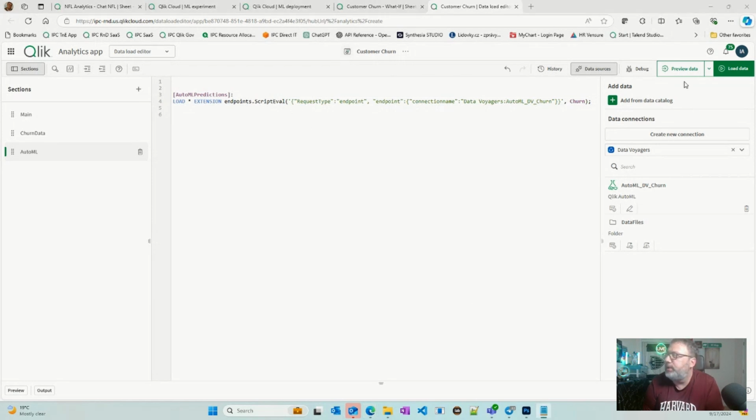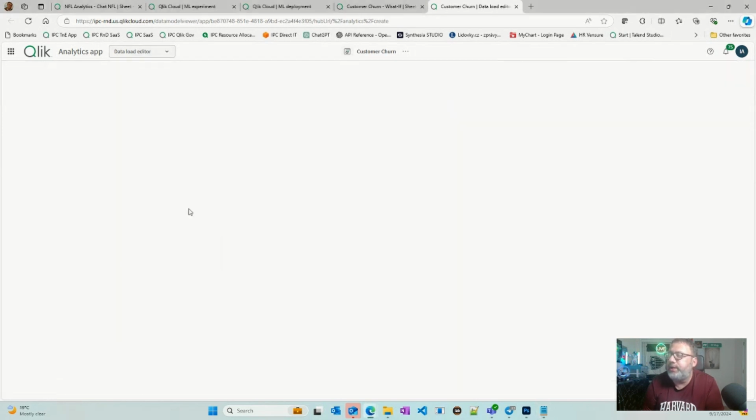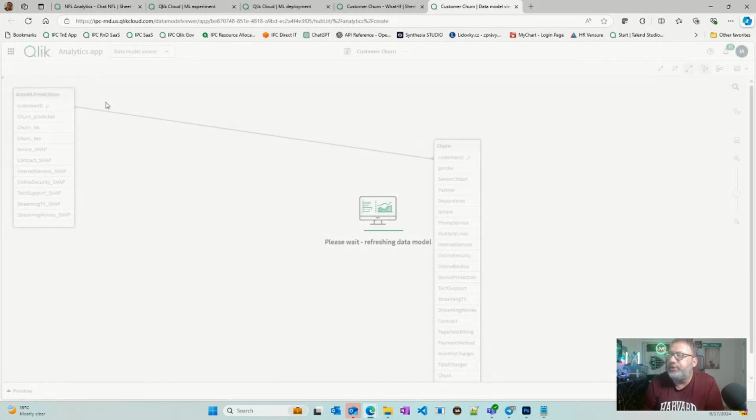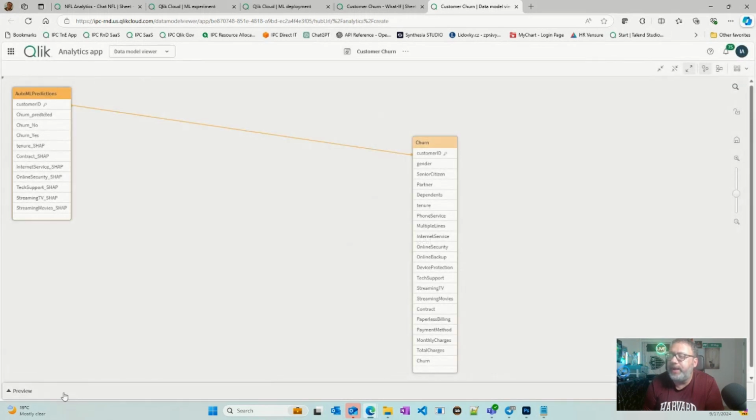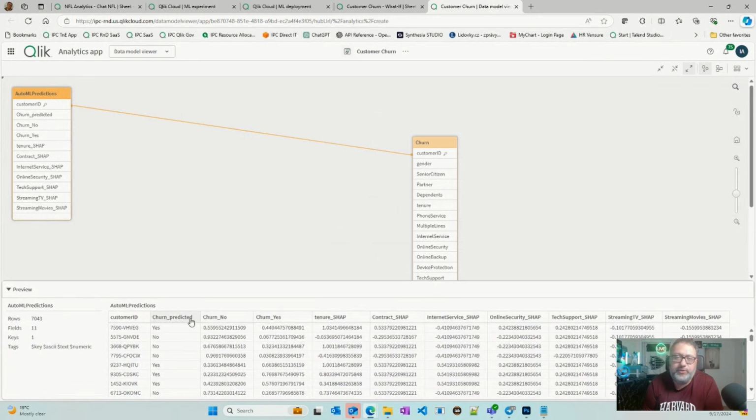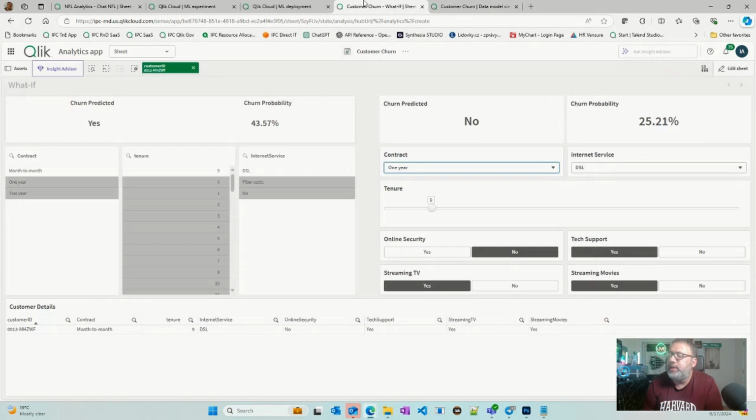Great. So if I run this, and the reason why I like to do this is because if I run it, I want to see what is returned by AutoML. Because when I'm doing real-time prediction, what do I want to return? Well, I want to return the prediction, and maybe I want to return the probability of the prediction. So these are two things I want to return. Great. Now that we know all of that, let's see how these both work.